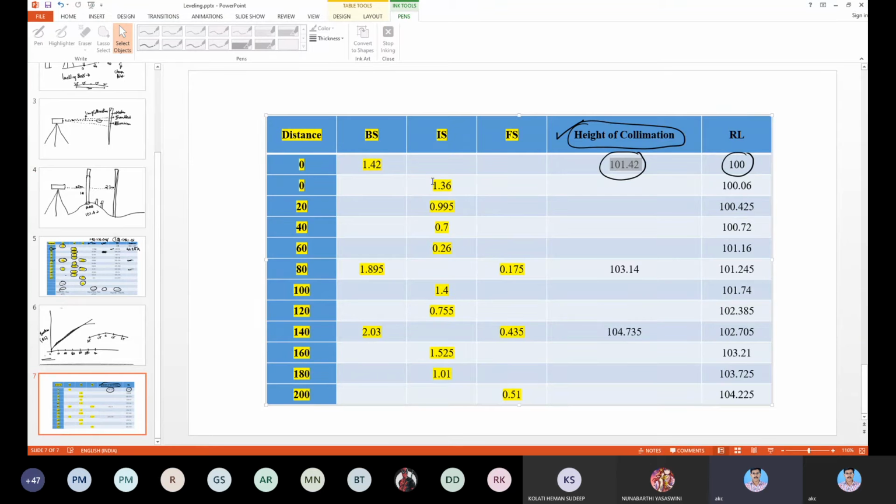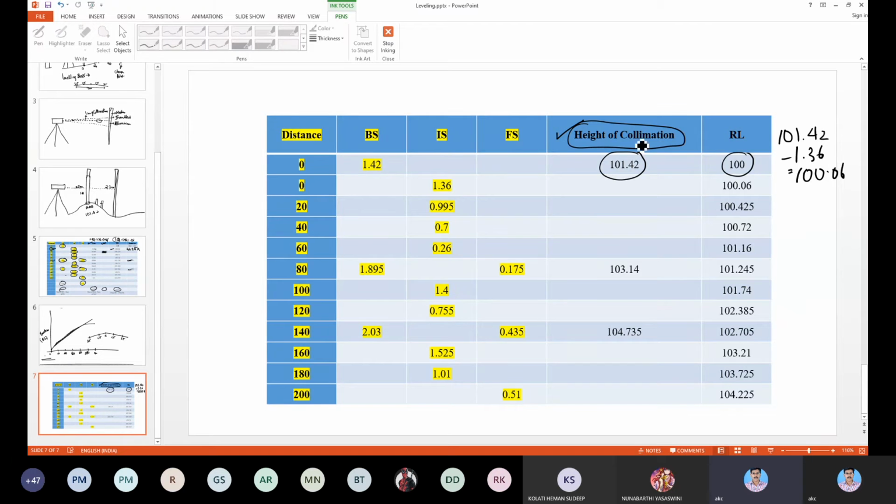Now you'll keep on taking readings. Here, basically, you directly do 101.42 minus 1.36. You don't take rise and fall here. You get 100.06.